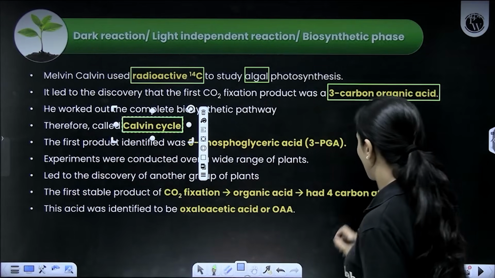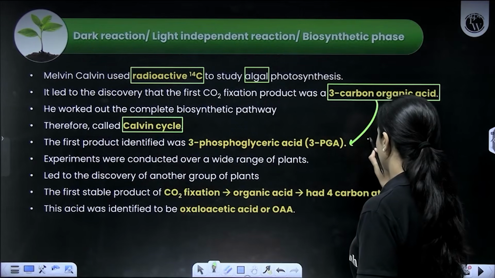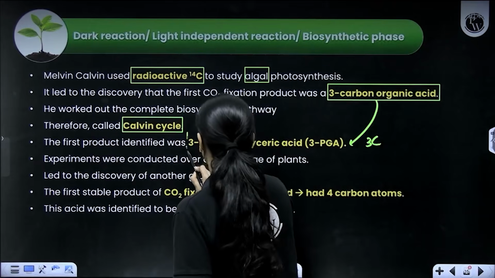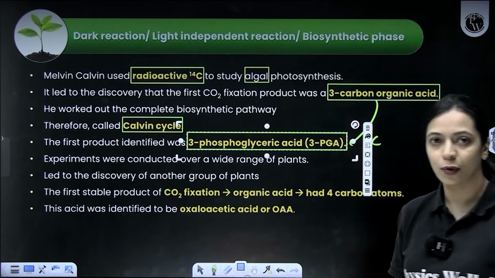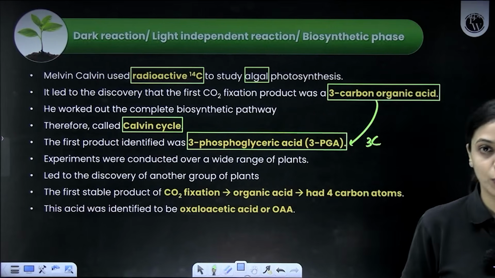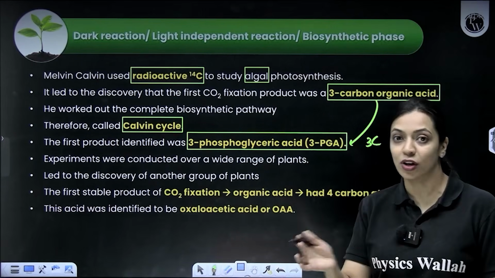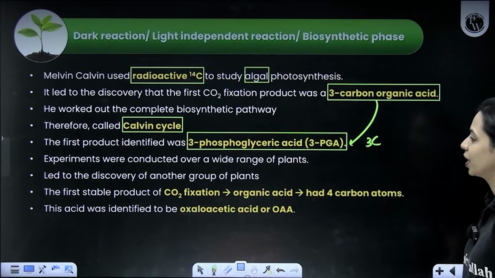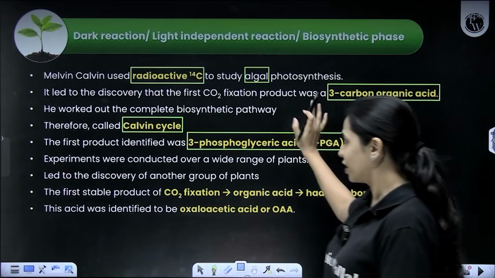So the first product that we are talking about here, which has 3 carbons, is called phosphoglyceric acid, or in short PGA. To the 3rd carbon, a phosphate group is added. That's why it's called 3-phosphoglyceric acid. Okay, now similar experiments,